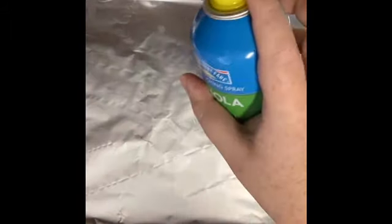So now for the chicken, I'm going to take a baking sheet and line it with foil. I highly recommend using foil so that it makes cleanup easier and it'll save a lot of time. And now I'm just going to spray down the baking sheet with cooking spray so that the chicken does not